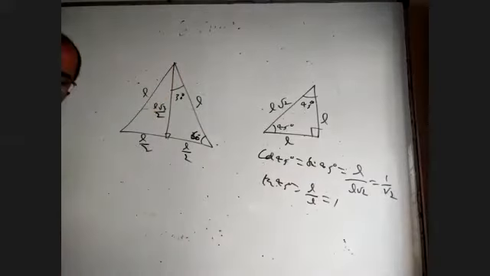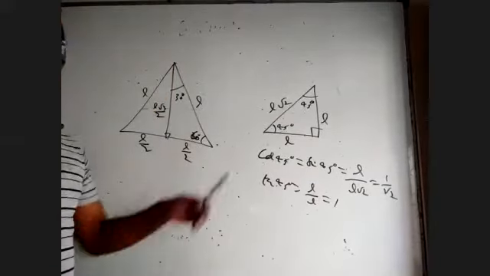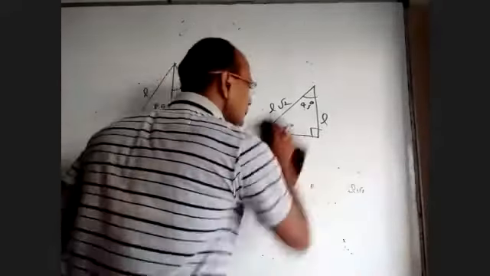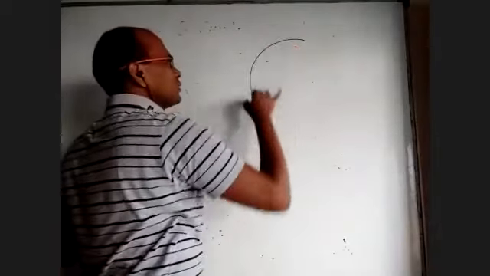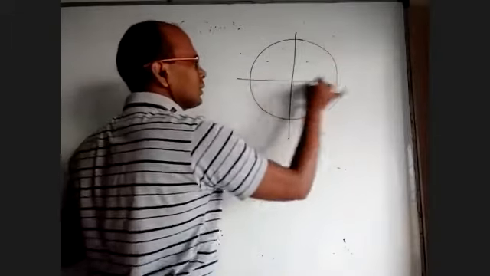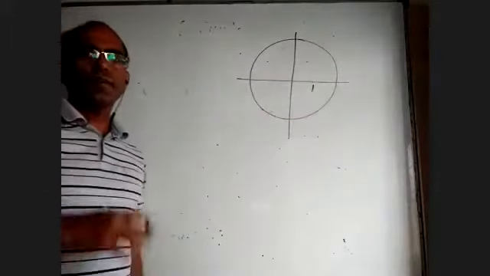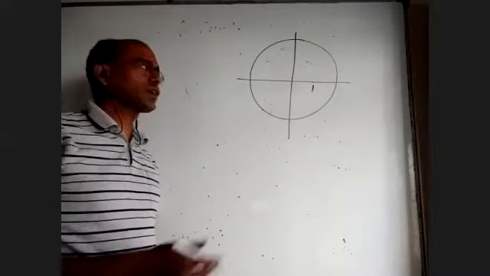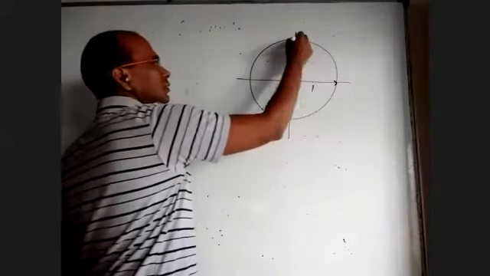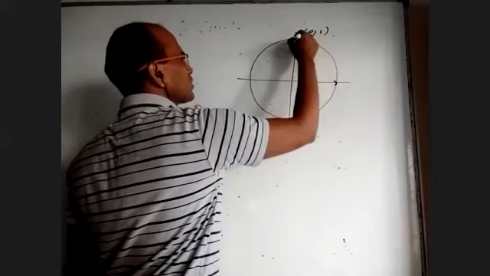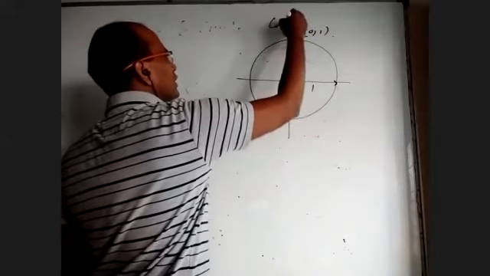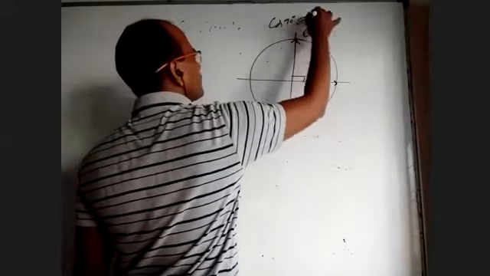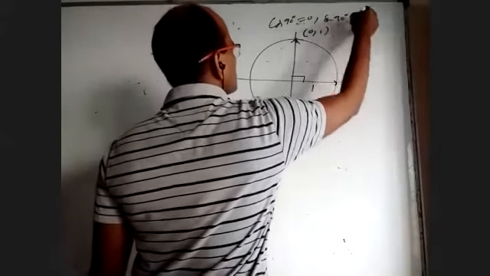Right? The sine 90 and sine 0 values do not come from these triangles. They are easier. Take a circle, I'll take radius 1 unit. If I want sine 90 degrees or cos 90 degrees, what should I do? Take this initial ray, turn, and it will be right here. What are the coordinates of this point? 0, 1. By turning 90 degrees we got this, so you can write cos 90 degrees equal to 0 and sine 90 degrees equal to 1.